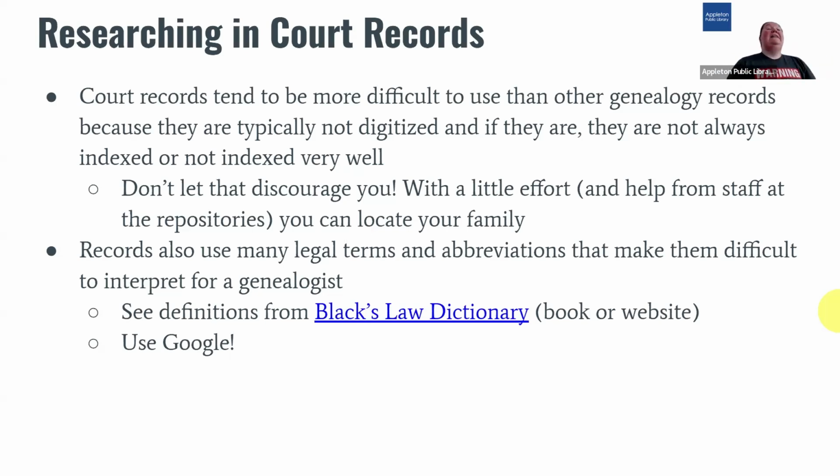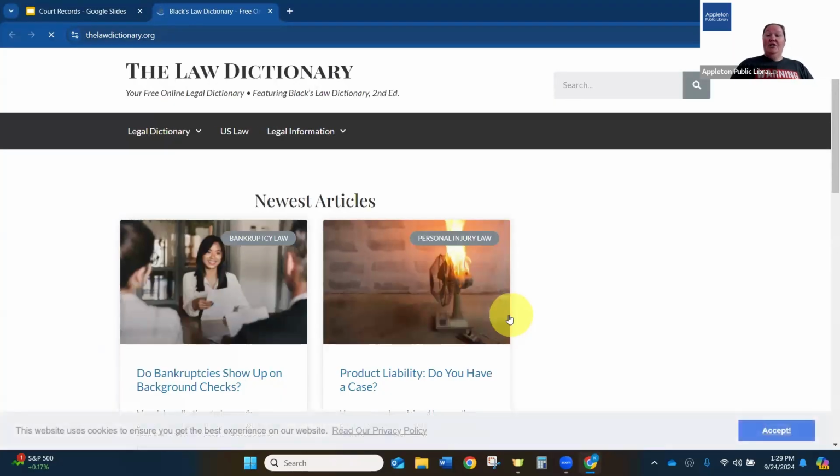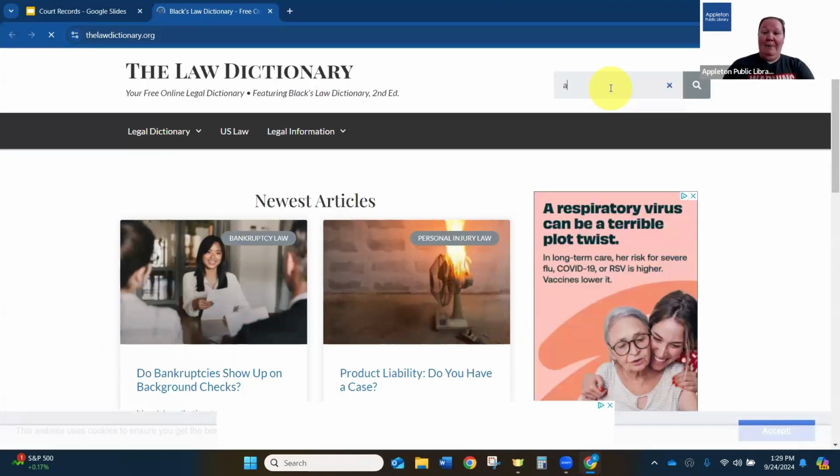And like we mentioned, they use those legal terms where we're like, I have no clue what that even means, or different abbreviations where I have no clue what I'm reading. This is English, but I don't understand what that word means. So there's something called Black's Law Dictionary. They have a book form, or they have a website, which I feel is very helpful. So we can go to Black's Law Dictionary and you can type in appellate